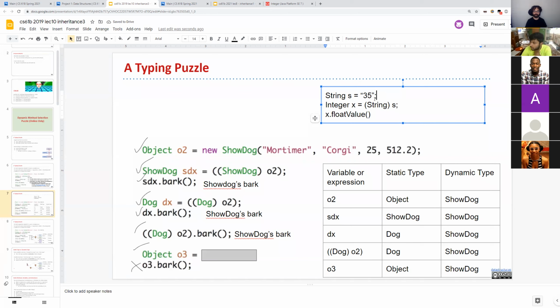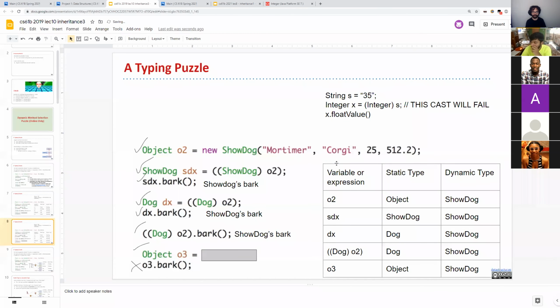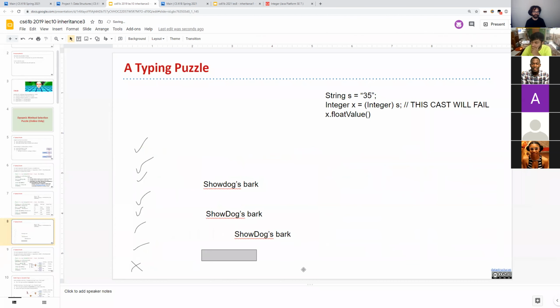What you might think it would do is that at compile time it will say, oh, sorry, cast wrong, I should say Integer. So you might think it'll say, oh, this is really an integer, so this is fine, and that something under the hood casts this number 35 as an integer. But actually what will happen if you try and write this code is this cast will fail. I haven't mentioned this in class, but I'm going to add yet another new slide and take away all this stuff.